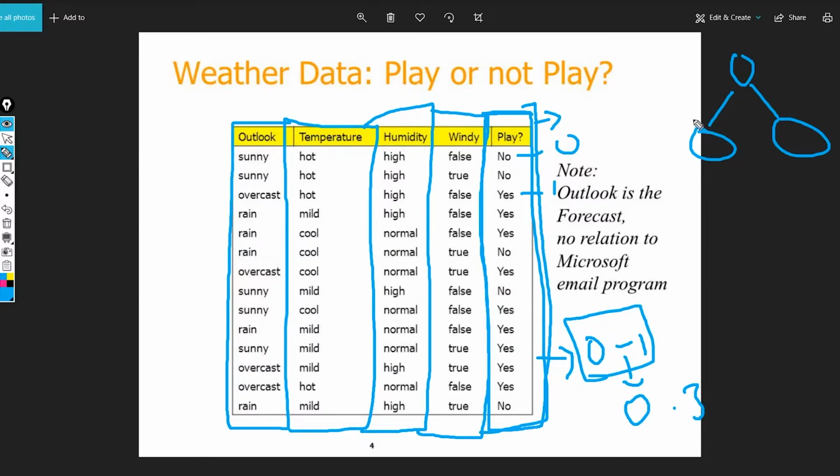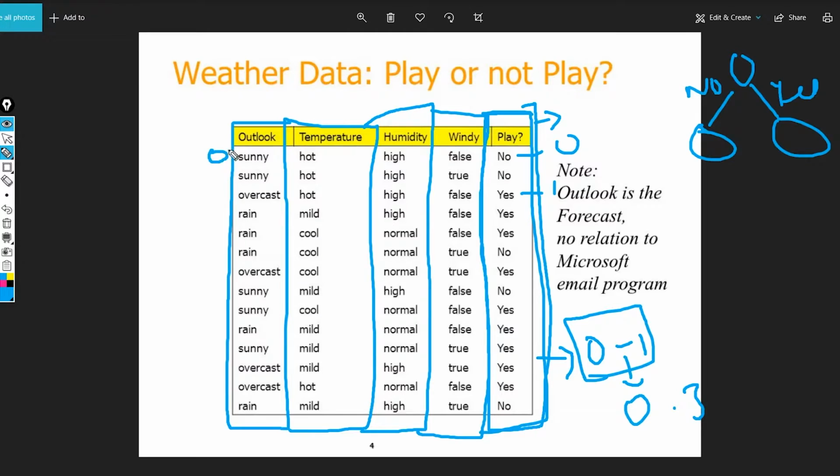If the number is less than 0.3, then it is going to go here, and if the number is greater than 0.3, then it is going to go here. So the number that is less than 0.3 is 0, and the number that is greater than 0.3 is 1. So what we are doing here is basically splitting into no and yes. We are going to do the same in this case also.